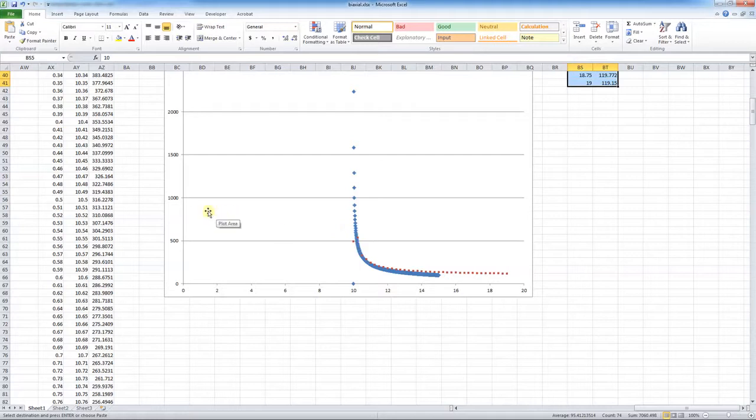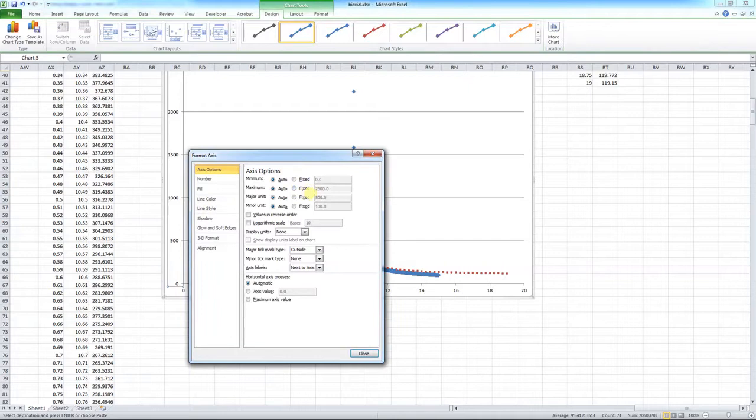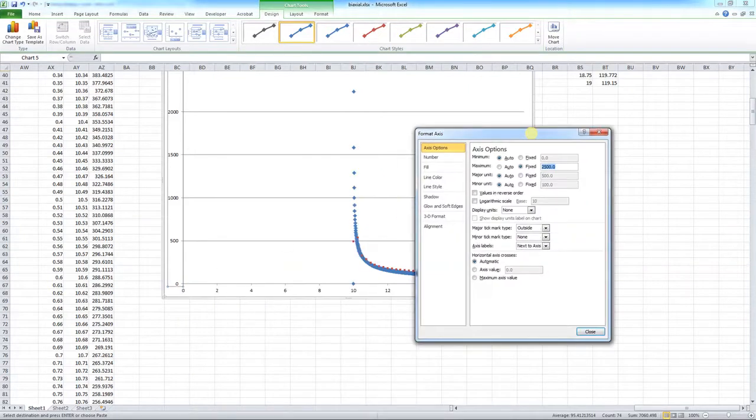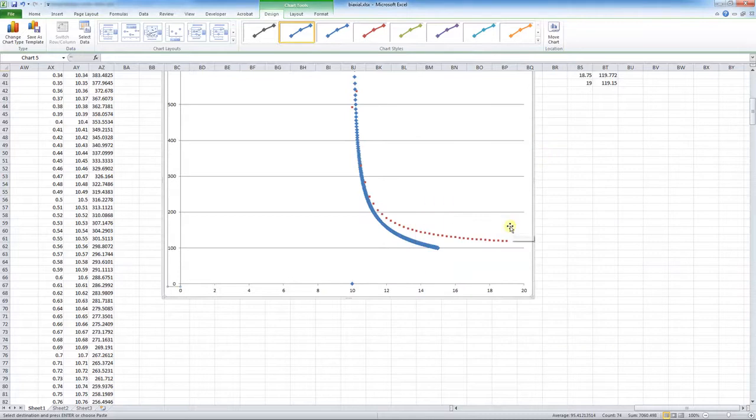Let's zoom in on this a little bit. See this point right here? That's kind of a spurious point. That doesn't really make any sense, but that's probably the one right at the tip of the crack. Let's change this maximum to maybe 600. Okay, so we can see a little bit more of a difference here, but in general it follows it pretty well